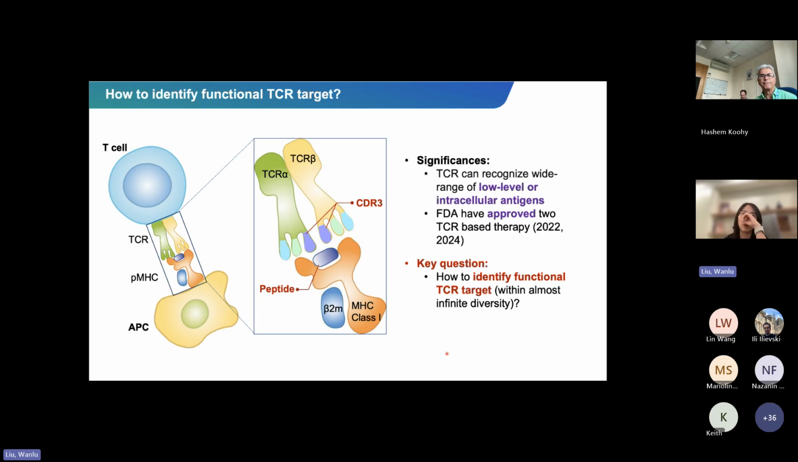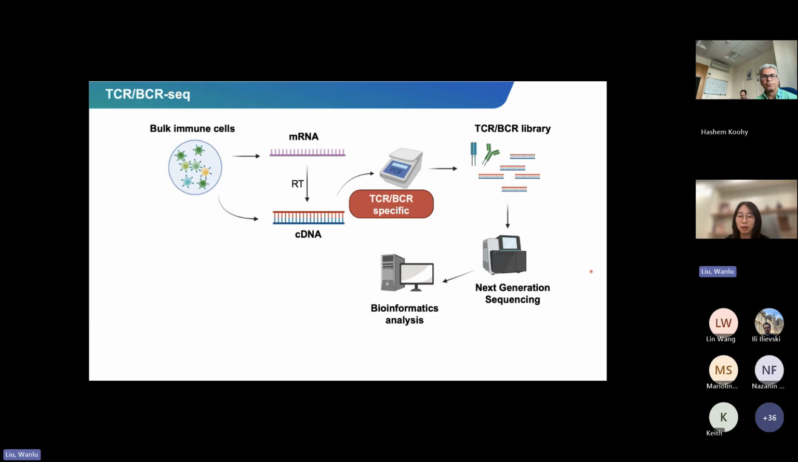The reason to identify functional TCRs is very important because TCRs can recognize a wide range of low-level or intracellular antigens, and the FDA has approved two TCR-based therapies in recent years. However, the long-lasting question in the field is, how can we identify functional TCR targets within almost infinite diversity? In previous years, as next-generation sequencing techniques evolved, scientists